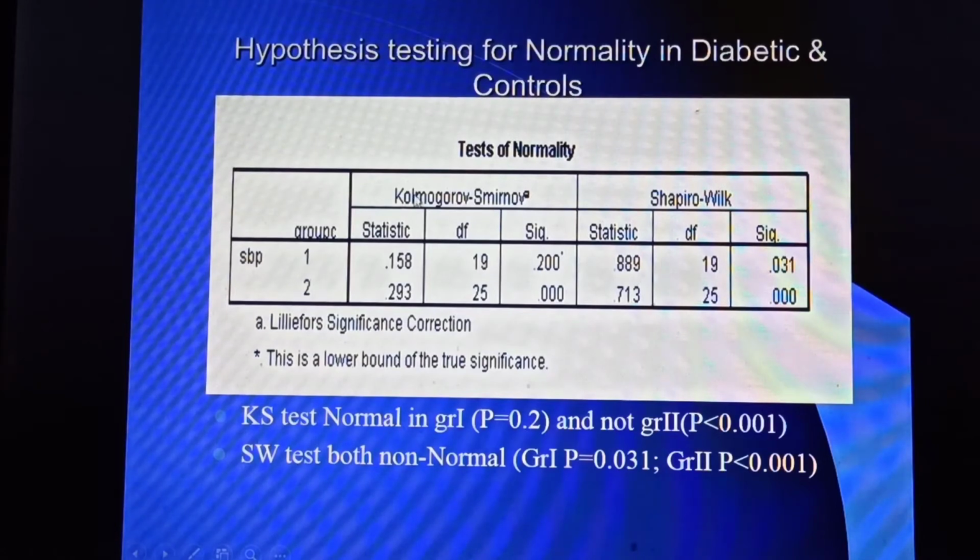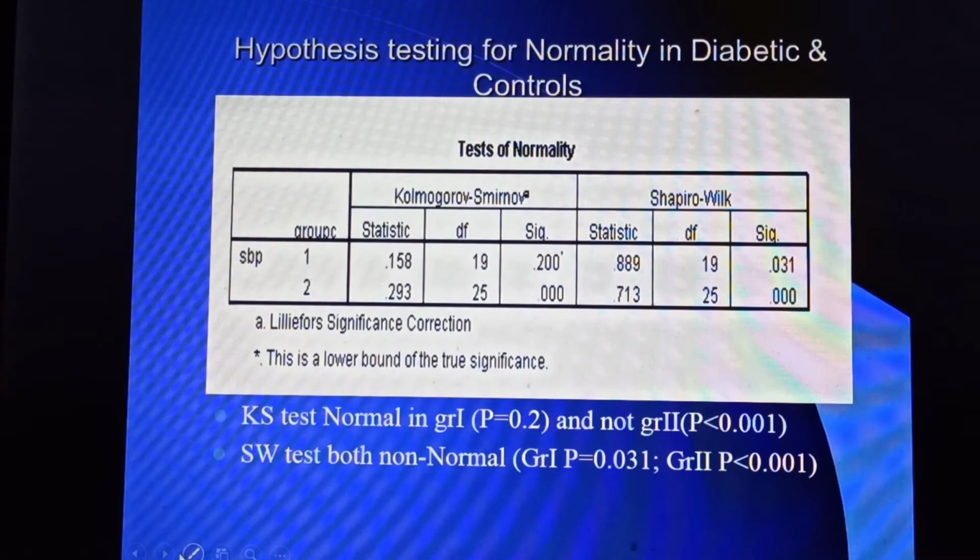That means non-significant indicates normality, and significant, P less than 0.05, indicates this is not normal. So at least in one group the Kolmogorov test is non-significant, whereas Shapiro-Wilk shows significance in both the groups. P is less than 0.05 here, P is less than 0.001 here. So overall, very often we don't need to go for these tests. And the more liberal one is Kolmogorov, according to my observations.